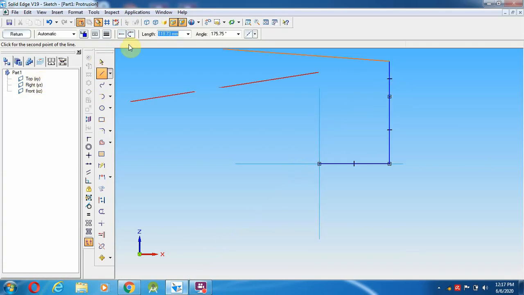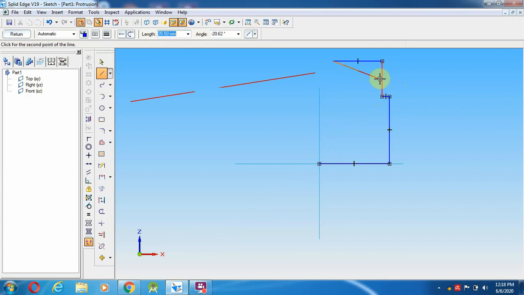So this is the line going to delete. Select a line from here, moving distance as 5 mm over here, and up 25 mm, 25, and towards this side 35 mm, 35 mm.